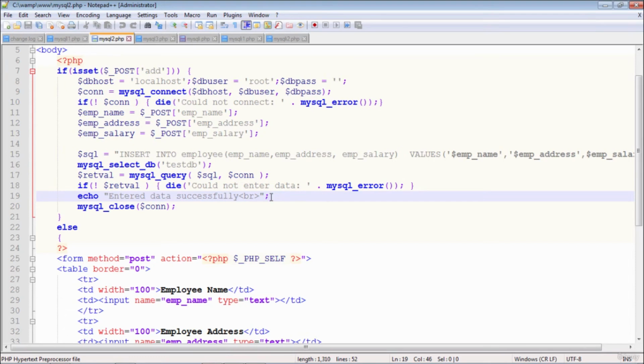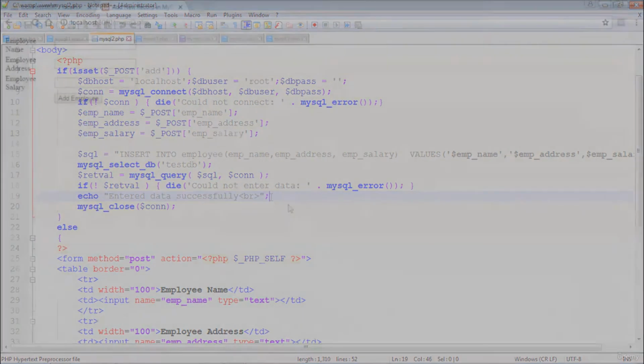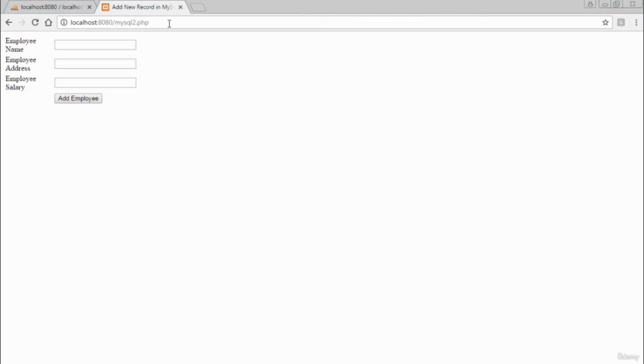Now we will fill up the new record by accepting it from an HTML form. So let us run this mysql2.php. As I enter the URL mysql2.php in my browser, an HTML form is opened in which these three text fields are there to enter the name, address and salary, and then there is a submit button. So some data I will insert, something like this,